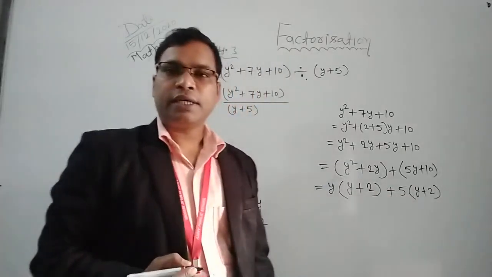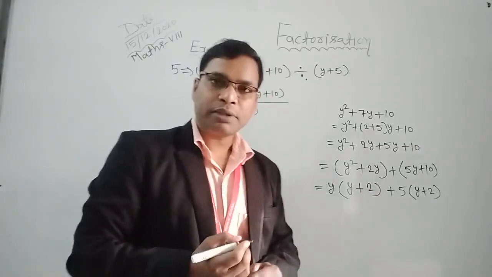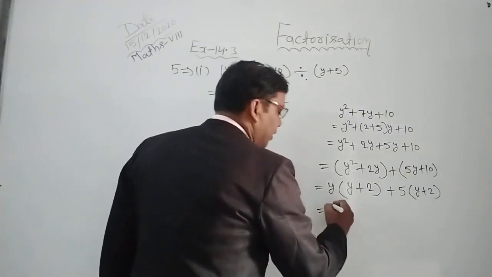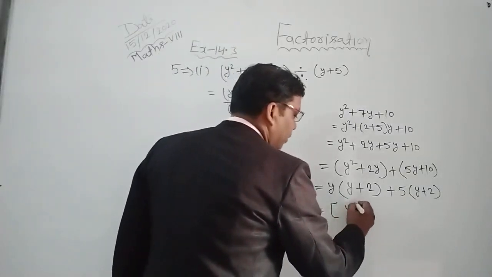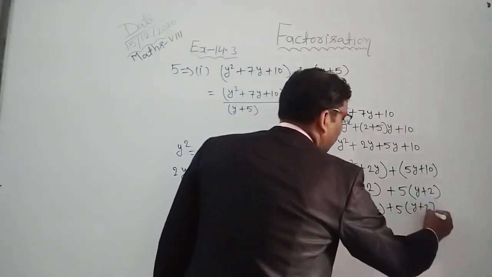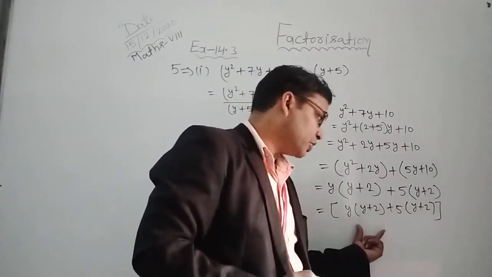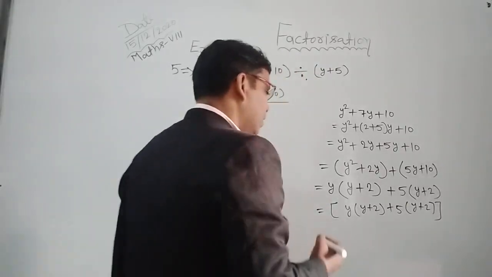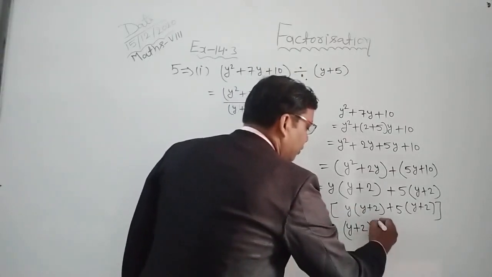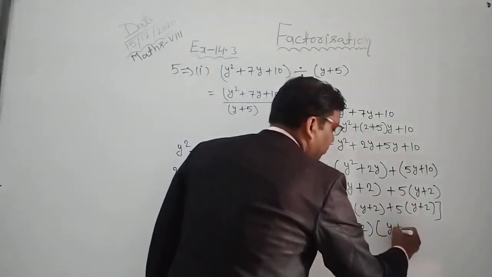In the first term we have y plus 2 and in the second term we also have y plus 2. So you can say that y plus 2 is common between them. Then how can we take common? If you face any problem taking common, first we take a rectangle bracket and here you write y plus 2 plus 5 into y plus 2. After this you can take common y plus 2 from both terms, because this is the first term and this is the second term. If you take common y plus 2 in both terms, in the first term we have y and in the second term we have plus 5. So we write here y plus 5.